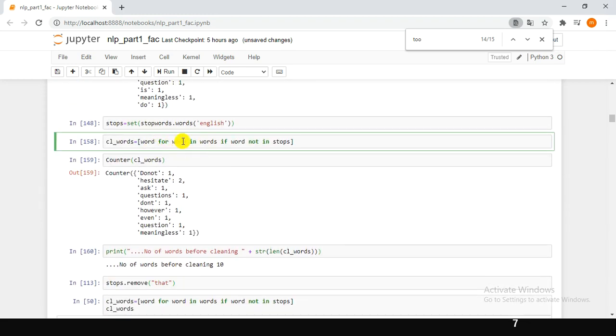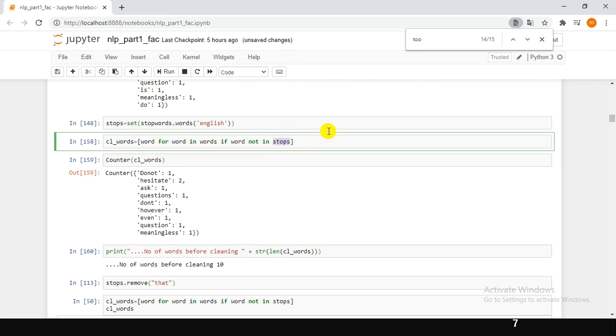In this case we use a list comprehension. While we extract the value of each element of the list words, we make sure that we are excluding the stop words, because stops has all the stop words, the common words like but, and, the, where.